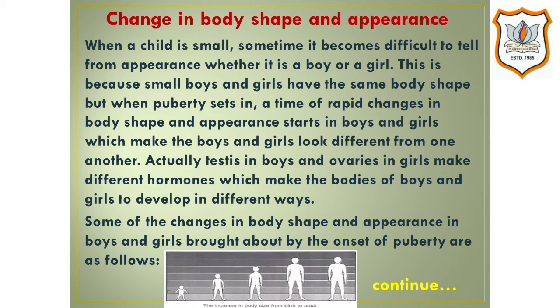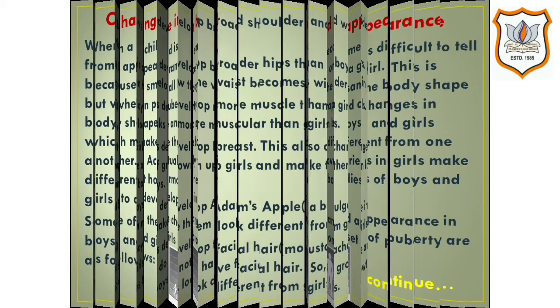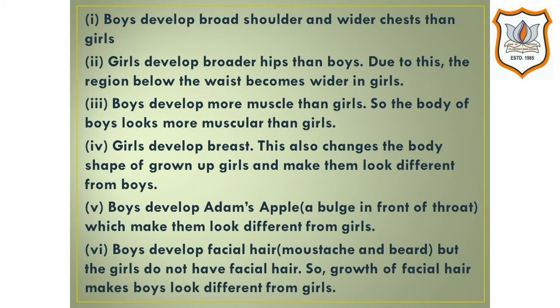So, the changes in body shape occurring in adolescent boys and girls at puberty are different. Some of the changes in body shape and appearance in boys and girls brought about by the onset of puberty are as follows. So students, first change that occurs in boys and girls during puberty is boys develop broader shoulders and wider chest